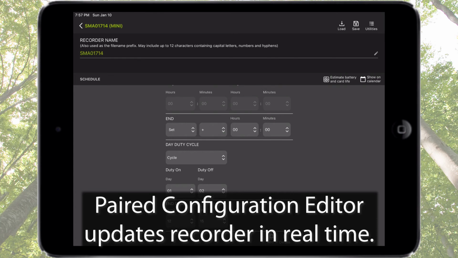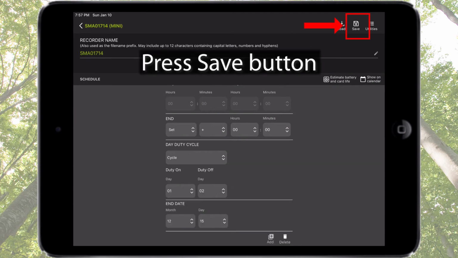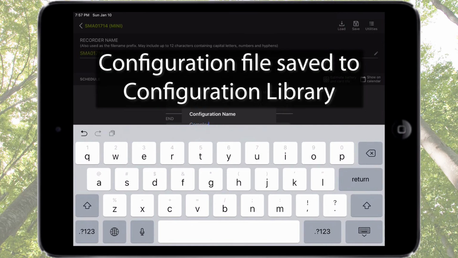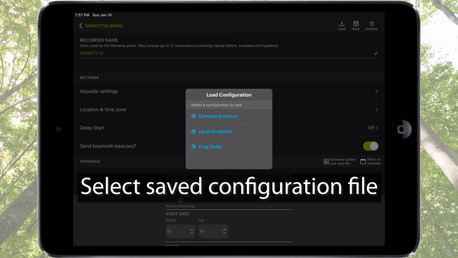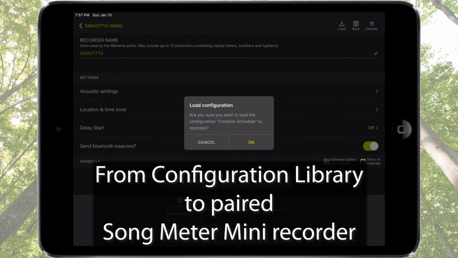If I'd like to save this recording schedule for later use, I can press the Save button. I'll name this configuration, and it is now saved to the configuration library. The Load button allows me to select and load a saved configuration file with its recording schedule directly into a